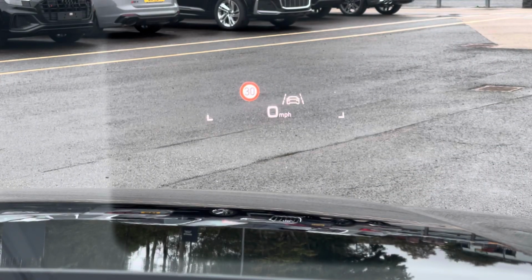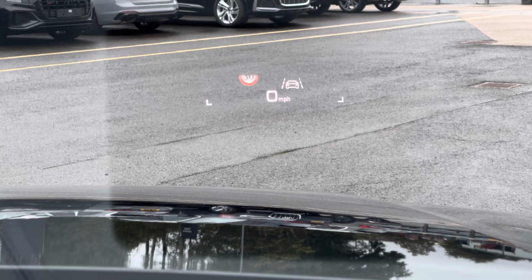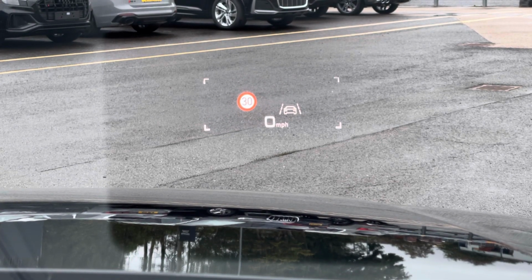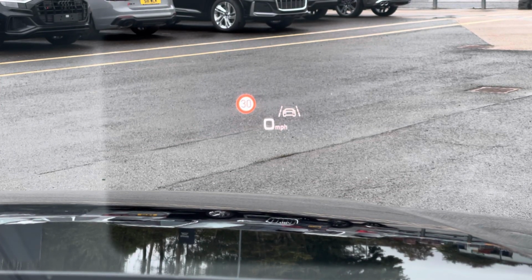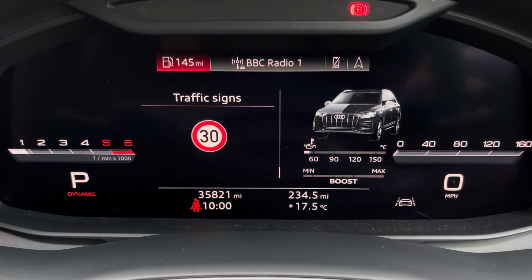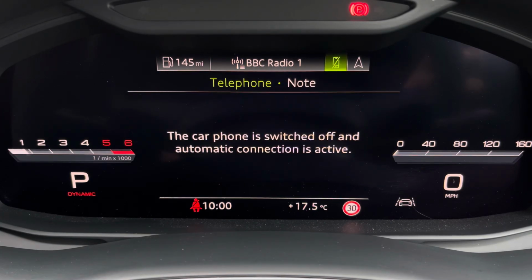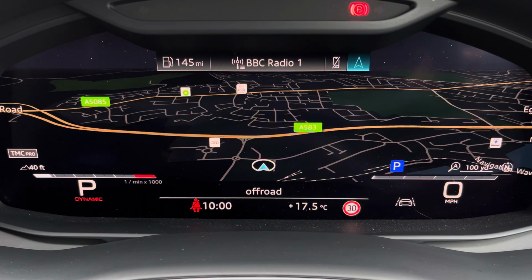There's also the head-up display, which can adjust via the settings in the MMI touchscreen. This can display various information, including your speed, lane departure warning, and camera-based traffic sign recognition. Ahead of you, you'll find the 12.3-inch virtual cockpit with various display options, including DAB digital radio, telephone equipment for your connected device, as well as navigation with 3D mapping, while a flick view you can change the size of